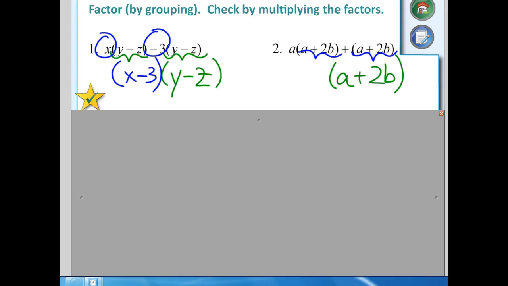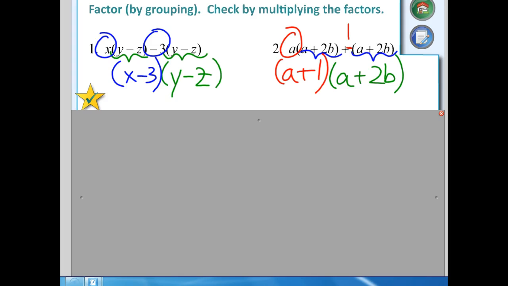Well, did you notice I've got an A here, and we've got a plus sign. Oh, but there's nothing there. But what's understood there? An understood 1. Okay? So again, we're using the inverse or the opposite of distributive property. We're taking the numbers and the letters that are on the outside of the parentheses, putting them together to make a binomial, and then bringing that common factor, that binomial that's the same, in parentheses